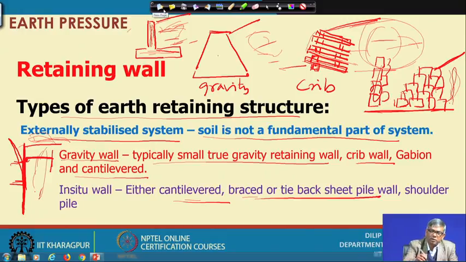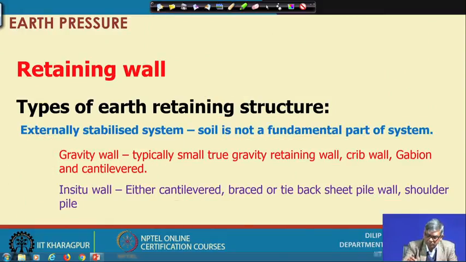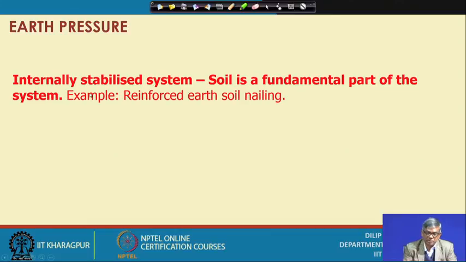Now, next I will see the other one, that is the internally stabilized system. Internally stabilized system means what exactly? It means that the soil itself will act as a part of the stabilizing system. Soil is a fundamental part of the system. Example, reinforced earth and soil nailing. So, reinforced earth, what it is, all of you might have seen that nowadays close to the bridge approach and all, we see some decorated facing element, and typically, if the wall is like this,